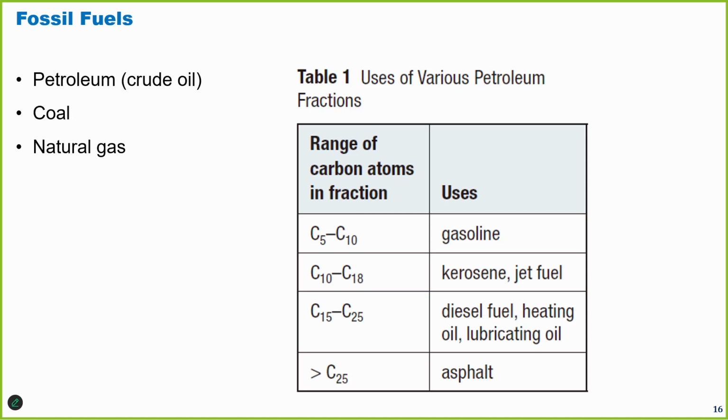Natural gas is another type of fossil fuel. It's usually found with or near petroleum deposits. Natural gas is mostly methane gas, or CH4, but it also contains significant quantities of other hydrocarbon gases, such as ethane, propane, and butane. Natural gas is primarily used for heating buildings,